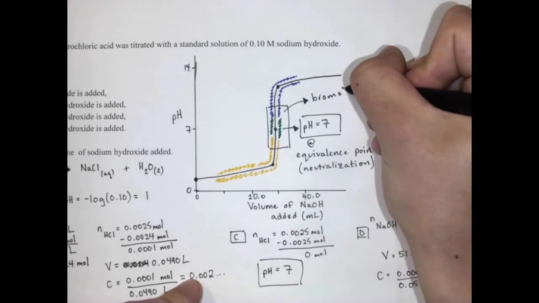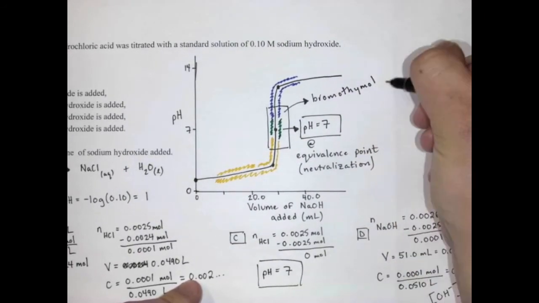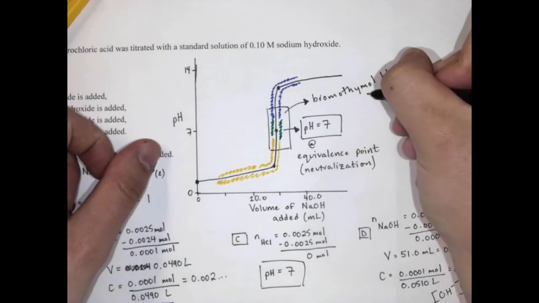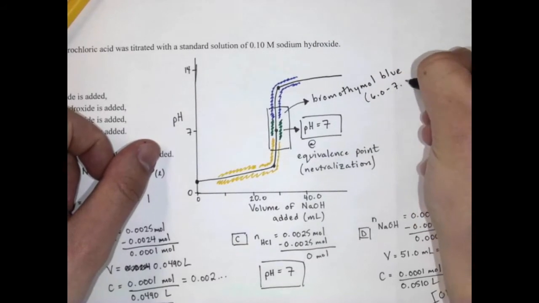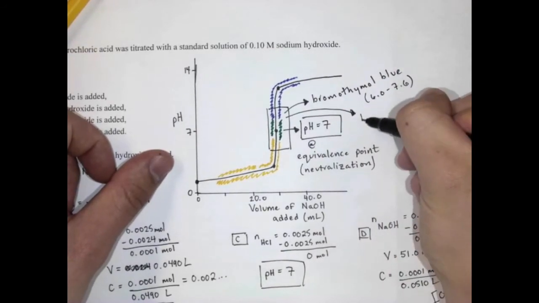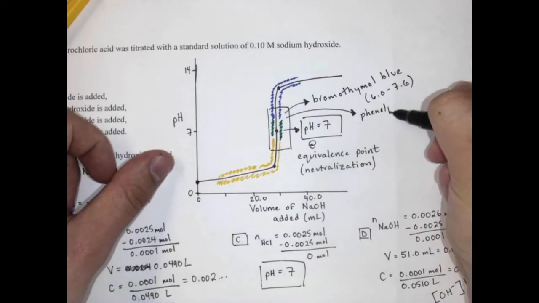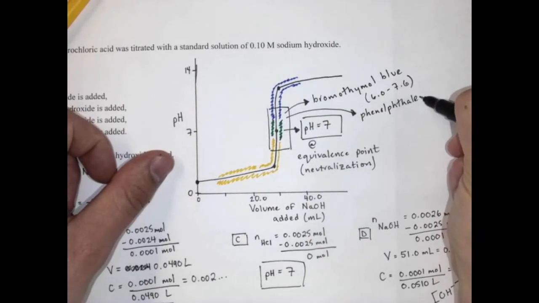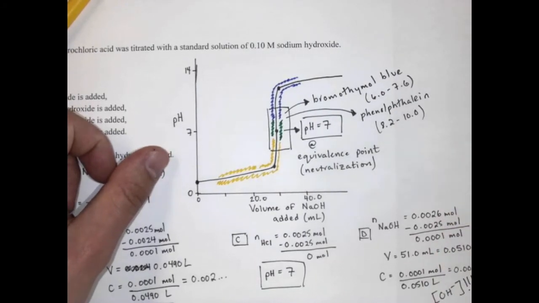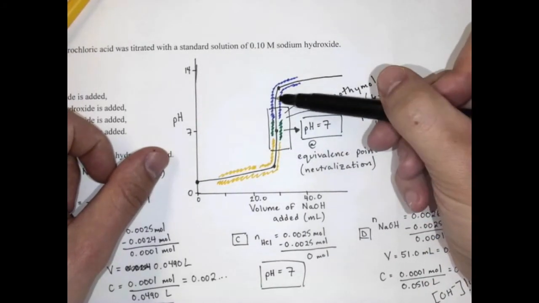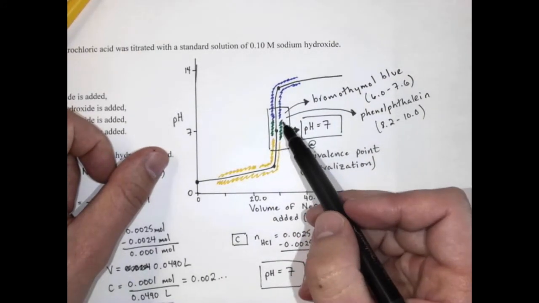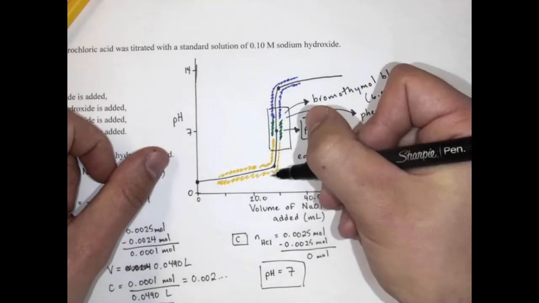Another good one to use is phenolphthalein. Bromothymol blue goes from yellow to blue. I believe it's 6.0 to 7.6. Okay, another good one to use is phenolphthalein. It's got a weird spelling. Phenolphthalein, I think, is 8.2 to 10, something like that. So it'll change color maybe a little bit later, but because it's such a vertical, steep part of the curve, you're close enough to determining that volume